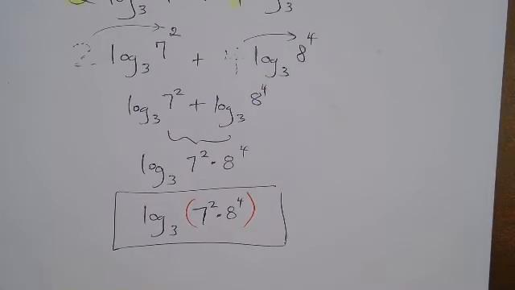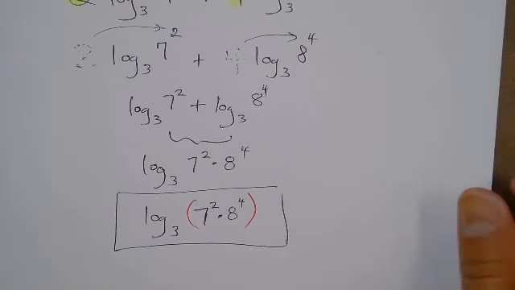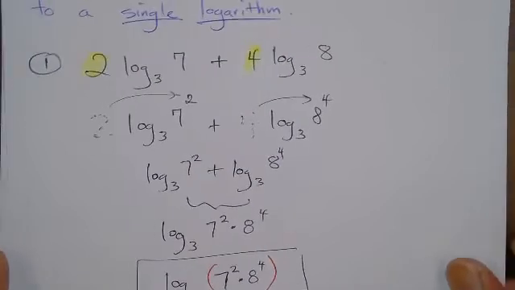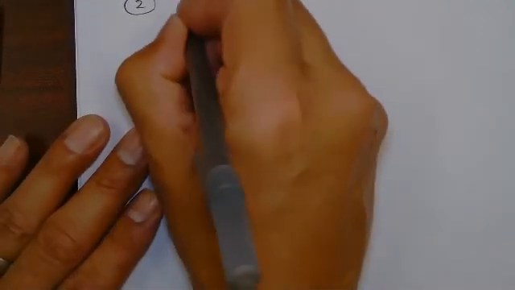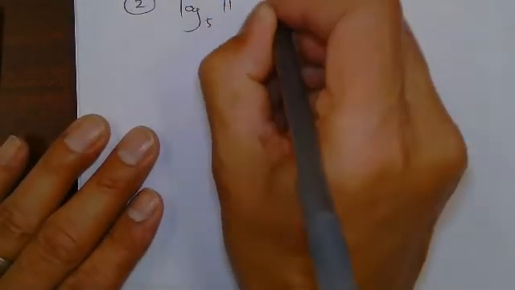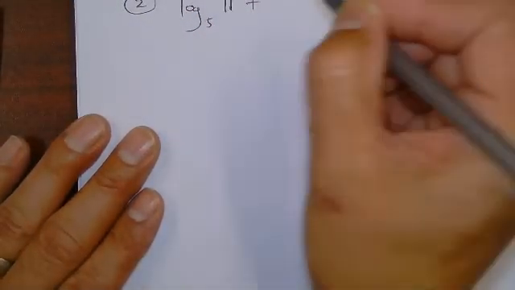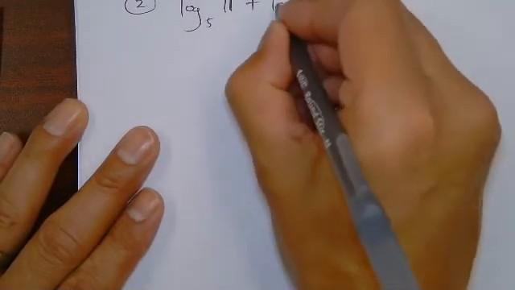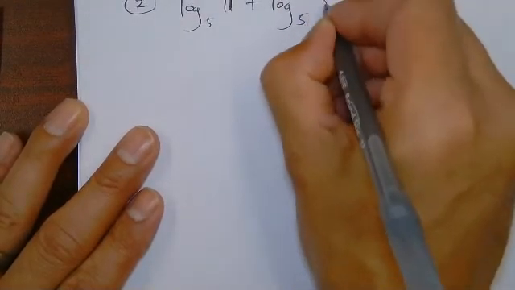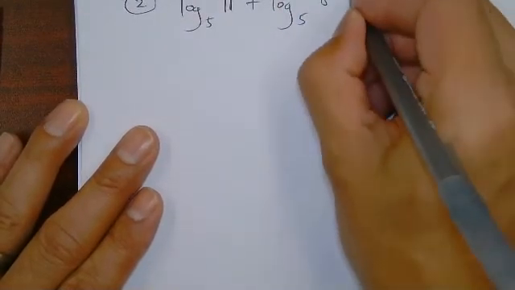What do you guys think? It's the same, right? We're just going backwards now, so you've got to think backwards. Okay, that was number 1. Let's go to number 2. We're good? No questions? All right, number 2. So that's what I'm talking about. It's like nothing new, but it's going backwards, so it's a little trickier. Let's go faster now. Log 5 11 plus log 5 8